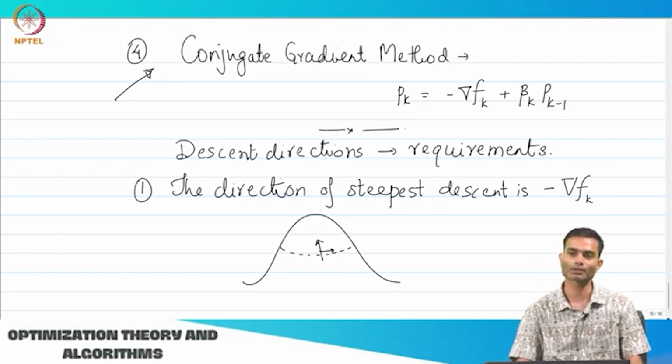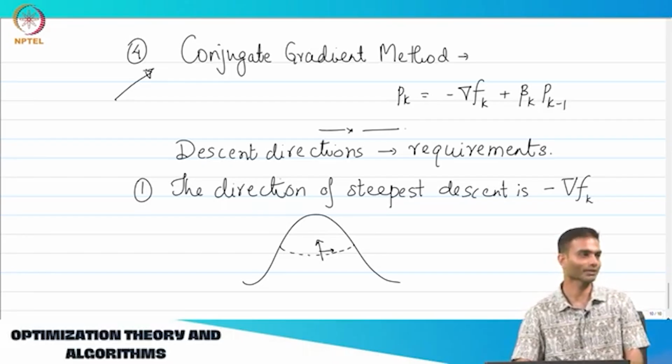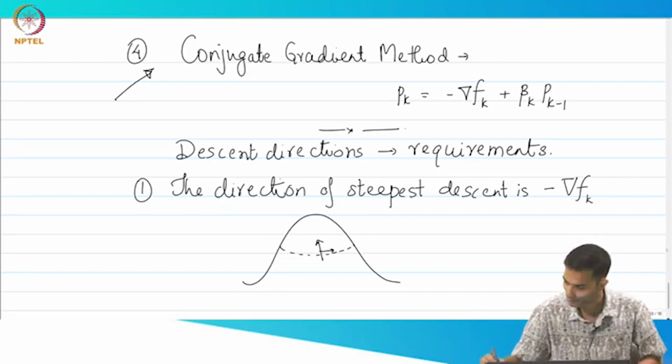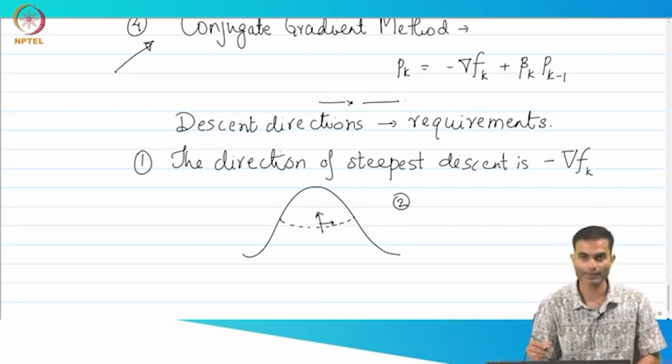Sometimes you can get to the solution faster if you don't choose the direction of steepest descent. This is counterintuitive, but we will show it rigorously. So anyway, this is our first condition. The second condition